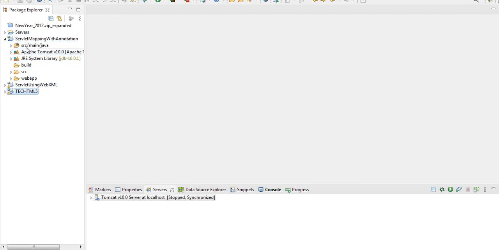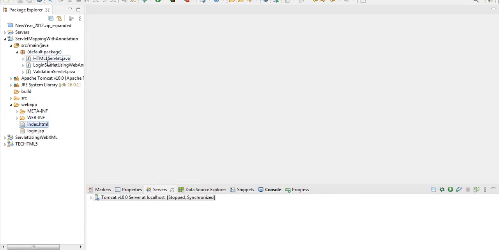For HTML and CSS students, this is not needed. I'll show you the output. You'll have the web app inside which all the files will reside, and here you will have the business logic. I told you about model view controller, right? So this will be the view, and here you will have the controller. Here I am not connecting to the database, so you don't have the data layer. So I have only model and controller. Within the controller itself I have validated the data. I'll show you this project.